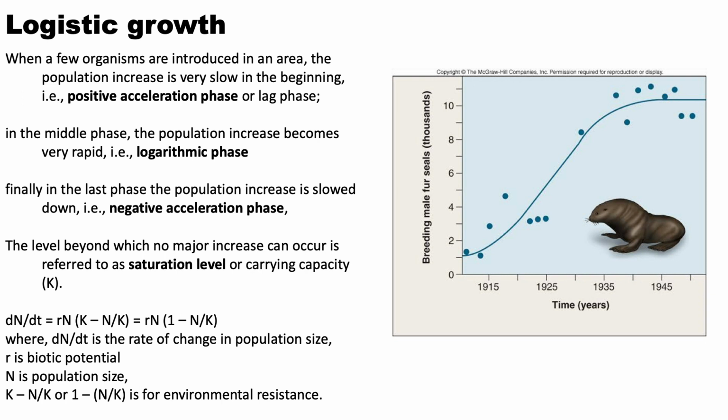So when you look at the equation, it's very similar to the first one, but there's an additional term. So you have dN/dt equal to rN, multiplied by the term (1 - N/K). This term, 1 minus N divided by K, is known as the environmental resistance. Because the amount of resources available in the habitat puts a cap on the number of individuals that habitat can support, as it starts reaching its carrying capacity, it starts resisting the growth that is happening. So it slows down, and accordingly that's the equation.